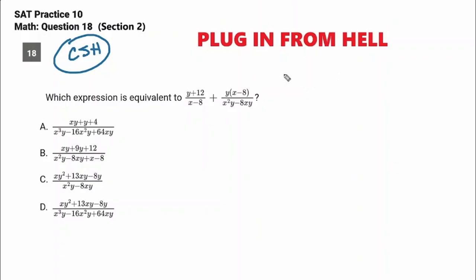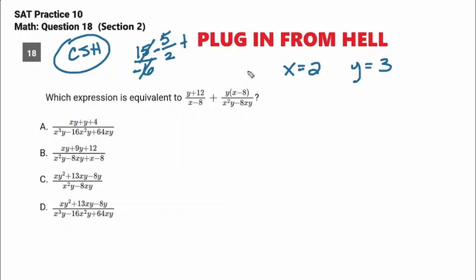What should you plug in? Normally you want to plug in numbers that go with the numbers that are in the problem, but there are so many numbers in the problem, it's so complex, you should just use the easiest numbers possible. So I'm going to make x equal 2, I'm going to make y equal 3. So y plus 12, that's 3 plus 12, that's 15, over 2 minus 8, negative 6. I'm going to divide the top and the bottom by 3. So it's negative 5 over 2 plus